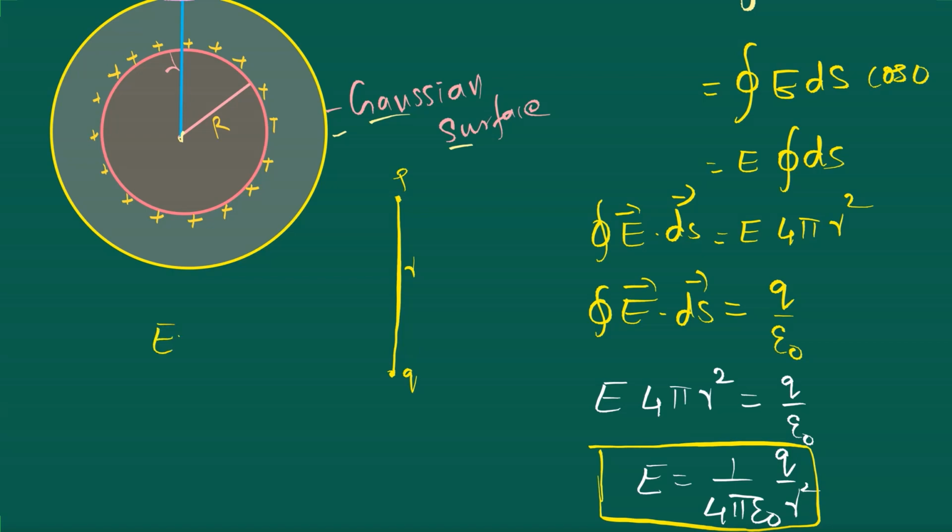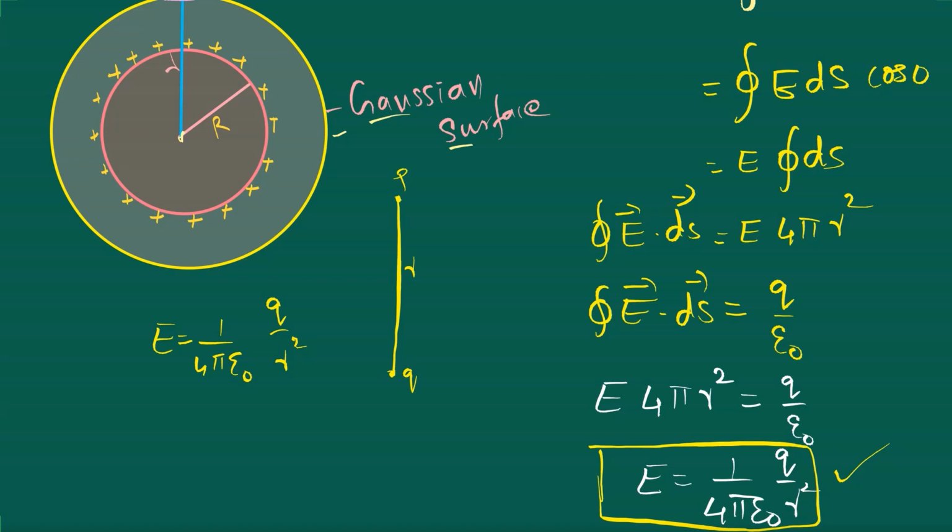So that equation for the electric field is 1 by 4 pi epsilon naught into Q divided by r squared. Now if we are considering the spherical shell, in that case also we are getting the same result. So we can conclude that for points outside the spherical shell,